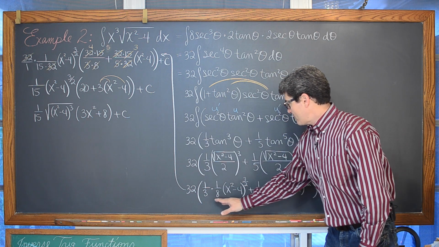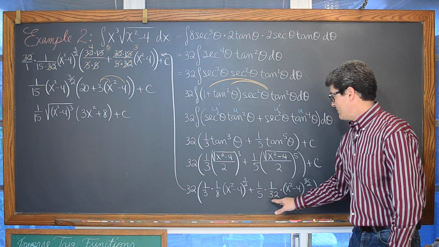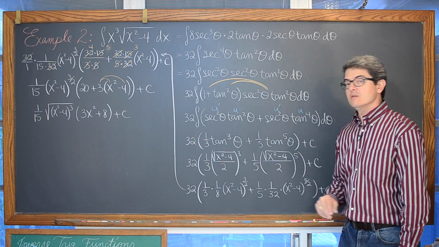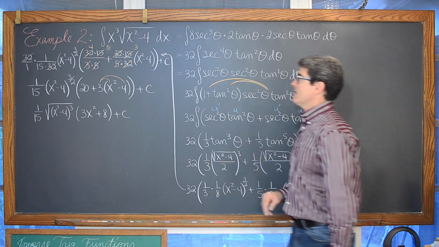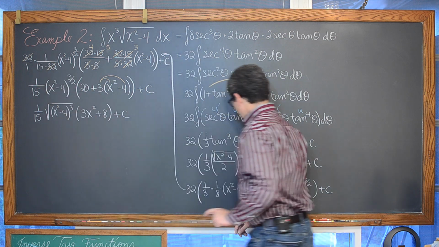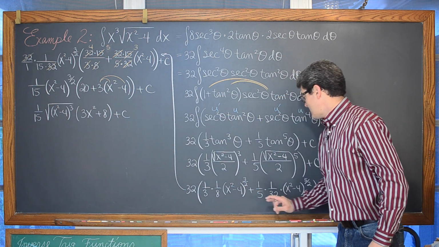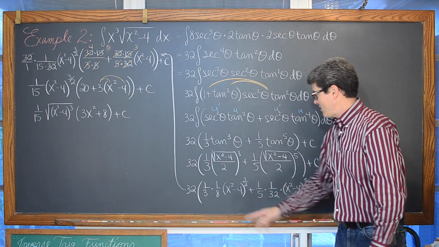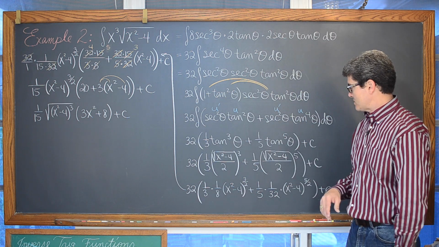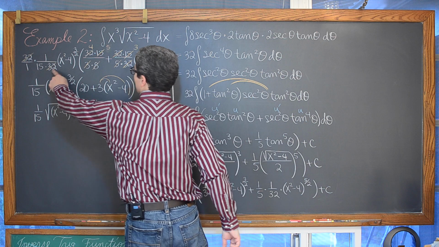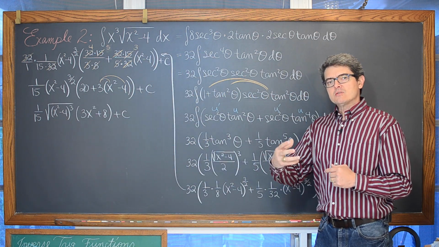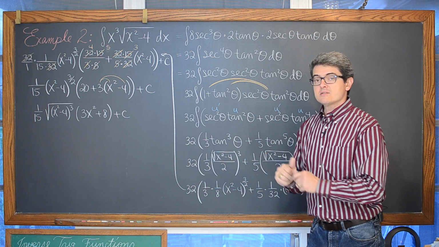I'm looking at the 3, the 8, the 5, and the 32, recognizing that the lowest common multiple between 3 and 5 is 15. So we're going to take out a 1/15th. And the lowest common multiple between 8 and 32, I'm just pairing those up because they're nice factors to pair up, of course, is 32. So we're factoring out a 1/32. And if you're bringing out those fractions, those divisions, basically, you're going to balance that with the multiplication.